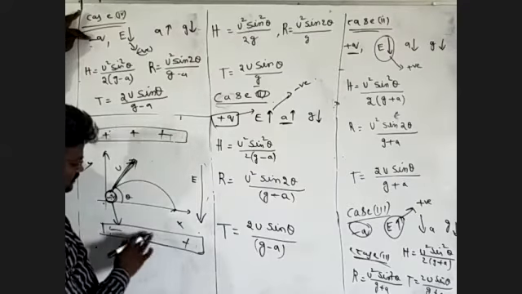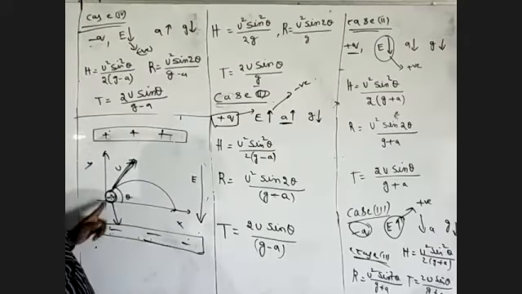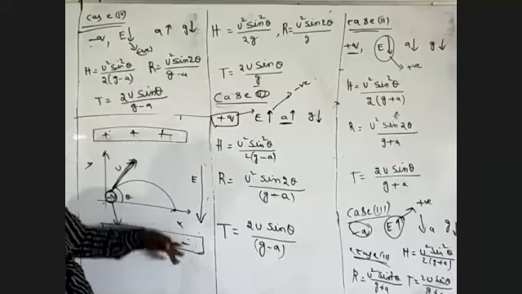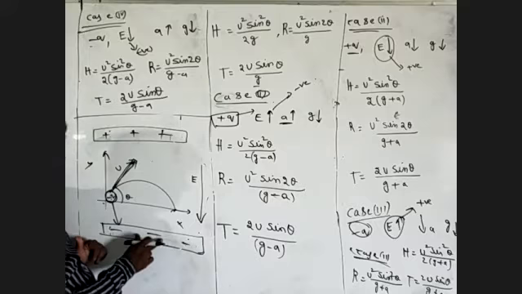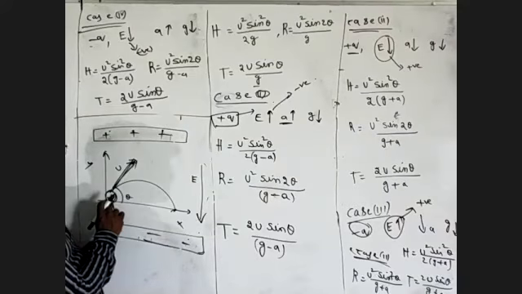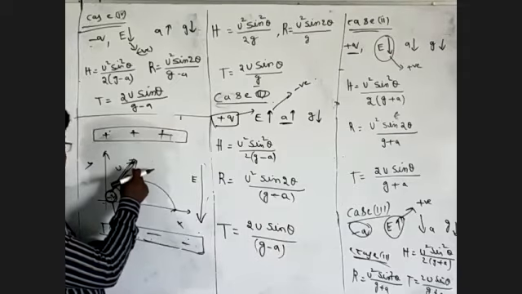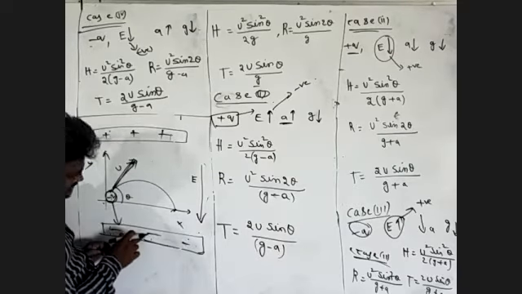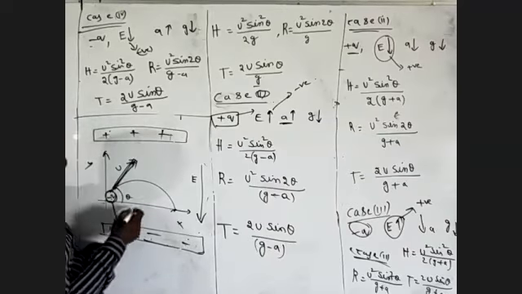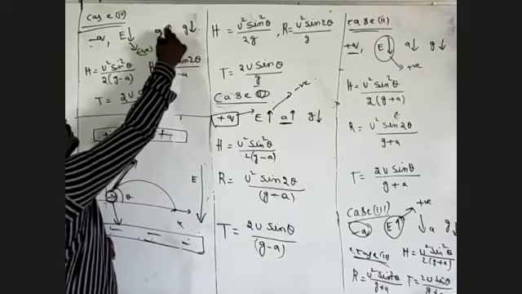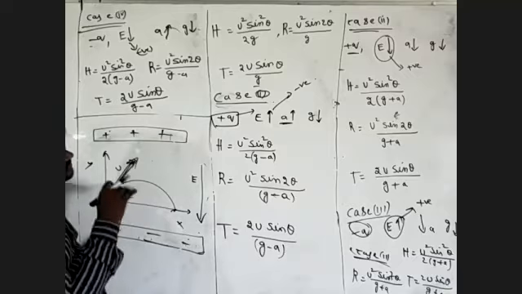This is a negative plate. We consider a negative charge and the direction of the electric field, but the acceleration of the negative charge particle is different. The negative charge is initially projected with a velocity u making angle theta. But this is a negative plate, and a negative plate will repel in an upward direction. Acceleration of the negative charge is in an upward direction. Finally, it moves upward. Acceleration due to gravity is in the downward direction.